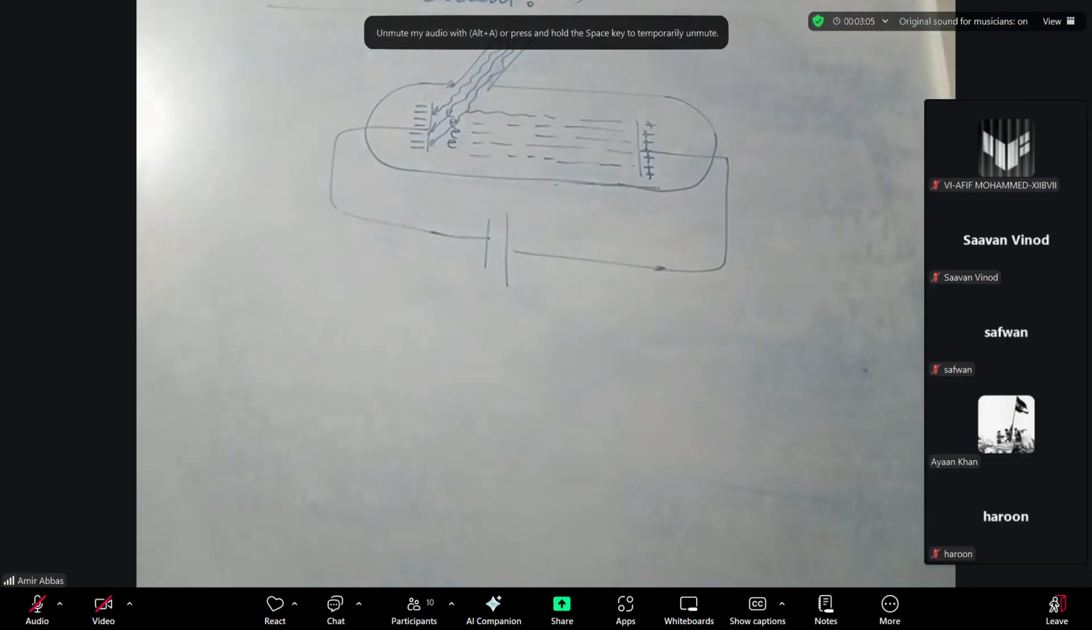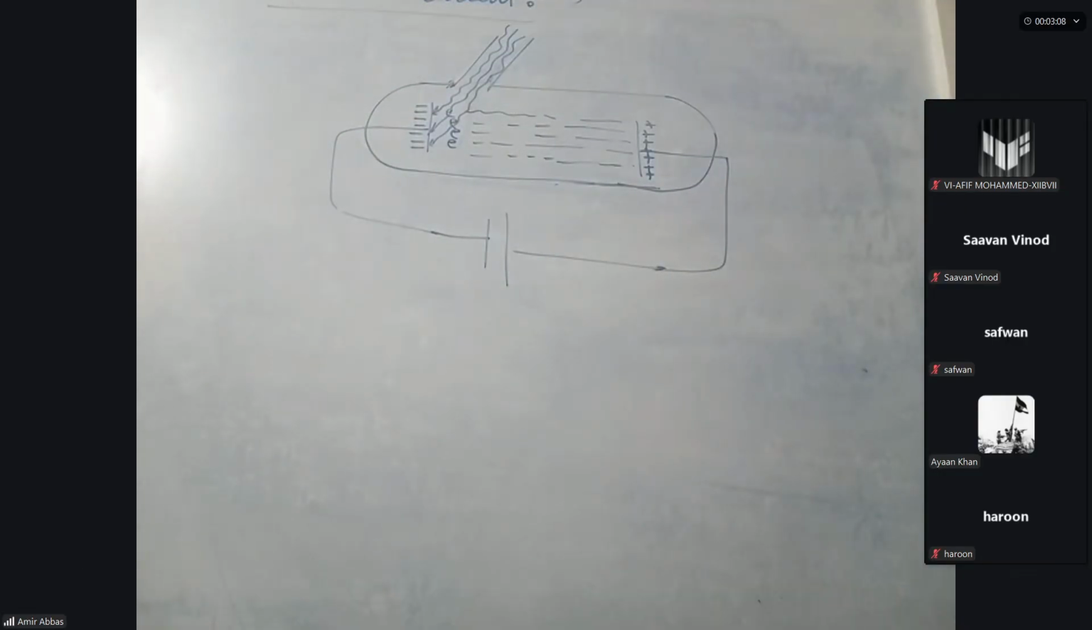Write the definition for the saturation current. Put the heading saturation current. The maximum number of electrons ejected for a particular wave